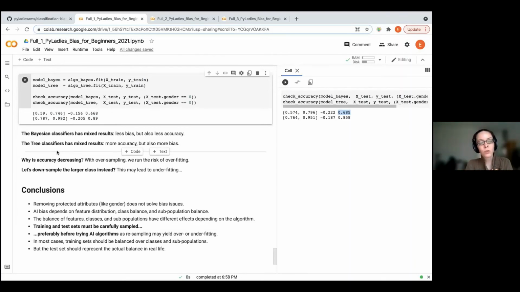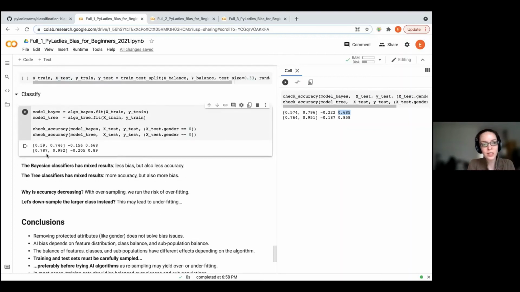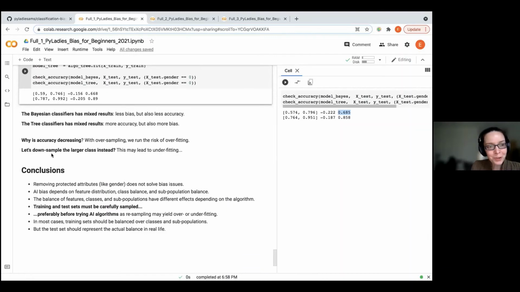It's also an option, but this time, instead of running the risk of overfitting, you'd run the risk of underfitting. And you shouldn't do that unless you really have a lot of items. But in our case, we have only a few thousand, which is quite too few to do downsampling. So as a conclusion for this first notebook, which is one of the biggest, the second one is smaller,